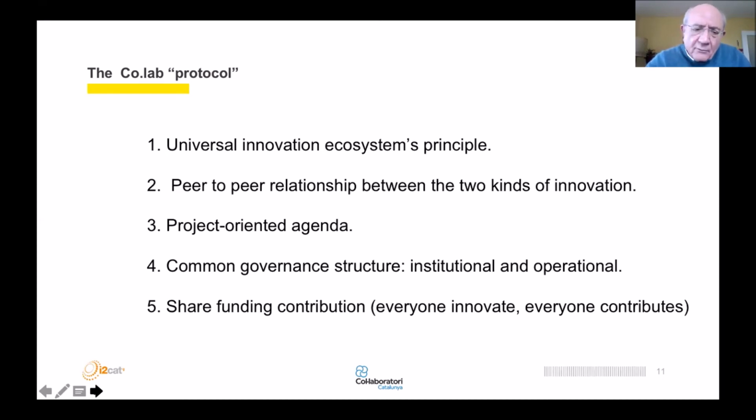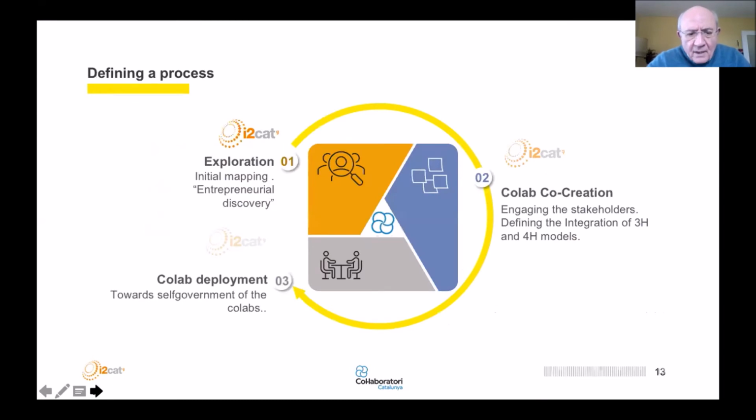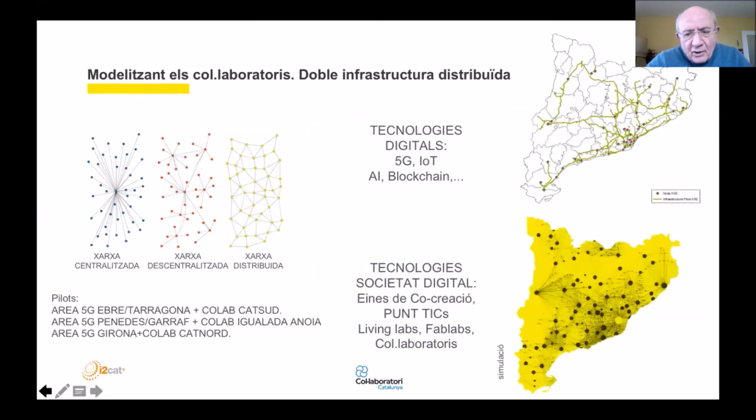The idea that we developed is a distributed model of innovation, because this collaboration between social innovation and business innovation is also related to territorial inequalities. There is a lot of concentration of big triple helix institutions in the city and the metropolitan area of Barcelona, but in the rest of the territory, there is much easier connection of these kinds of actors because they don't have this kind of super power of the triple helix.